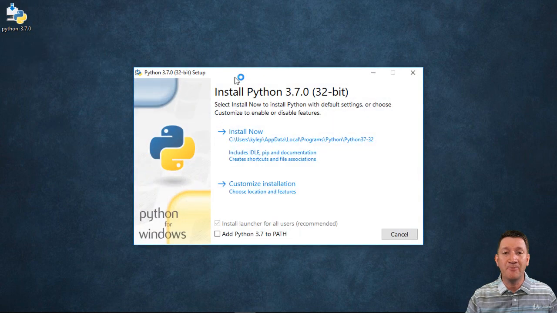It's going to open up my setup window, and there's just a couple little things that I'm going to encourage you to activate here to make Python more accessible for us as we go through the course material. First off, we have the install now, or the customize installation. I'm going to go ahead and run with the install now, but before I do that,